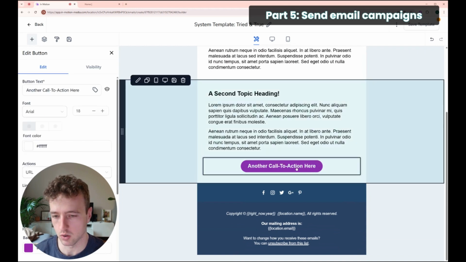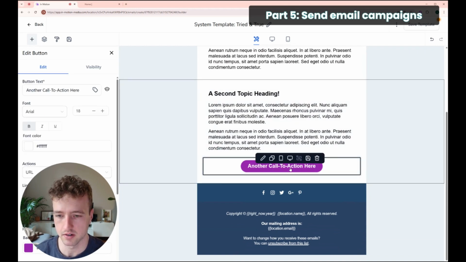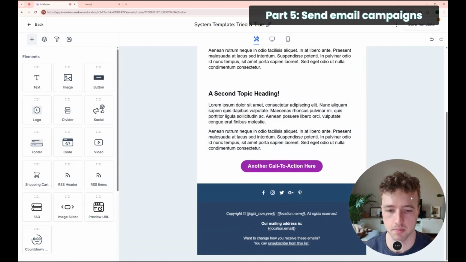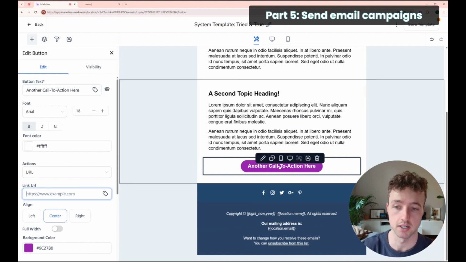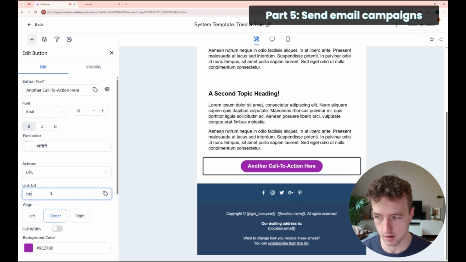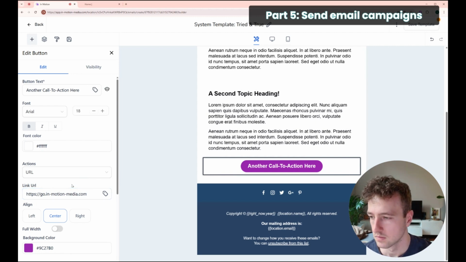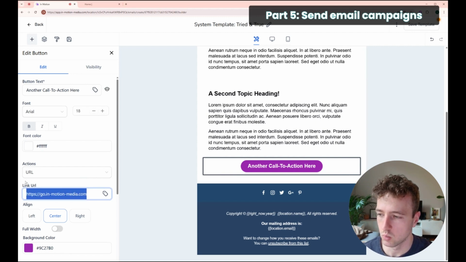And maybe I want to keep a call to action at the bottom. So this one has a button here. What I'm going to do is click into this button, and maybe I'm going to add my own website here in case someone ever wants to take a look at it. But what I can even do is add my book a call page. And you can see here, we're linking the URL to this button, but we also want to change the text